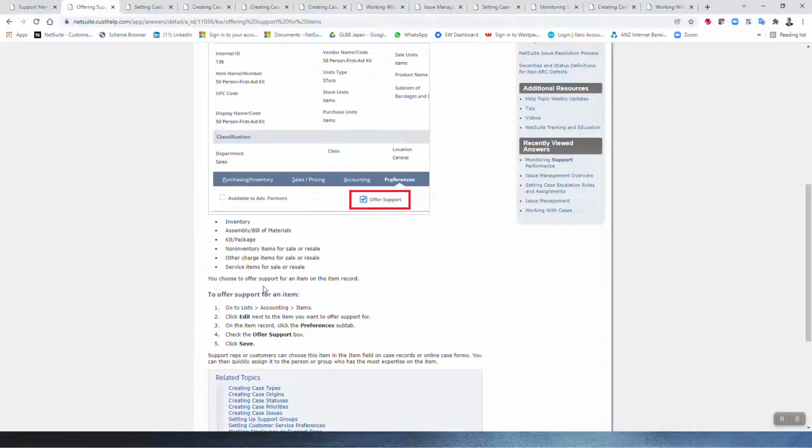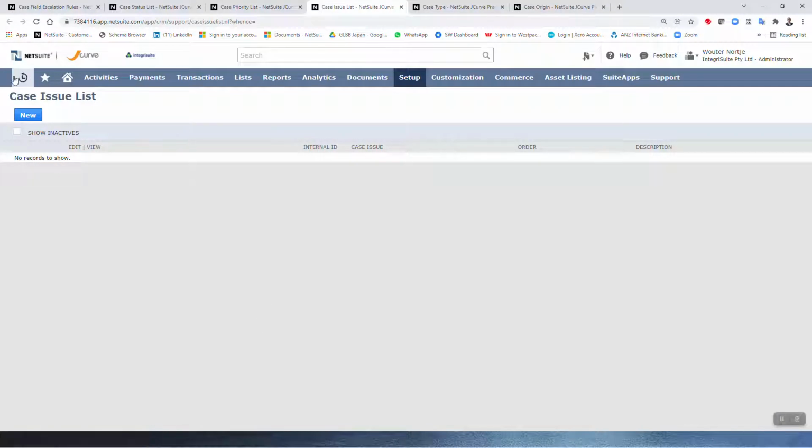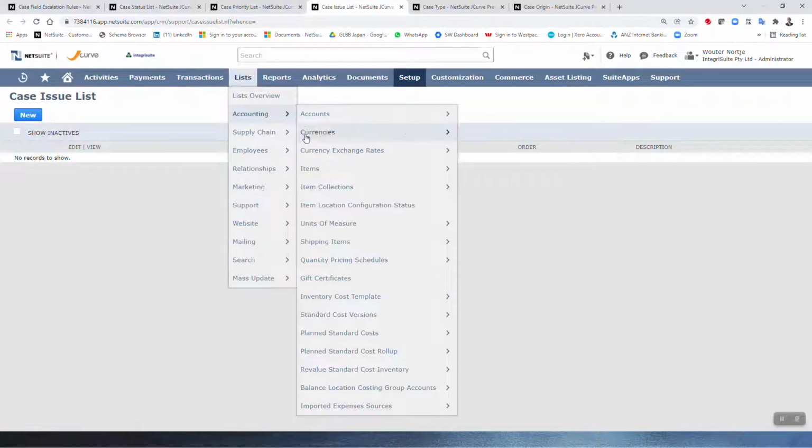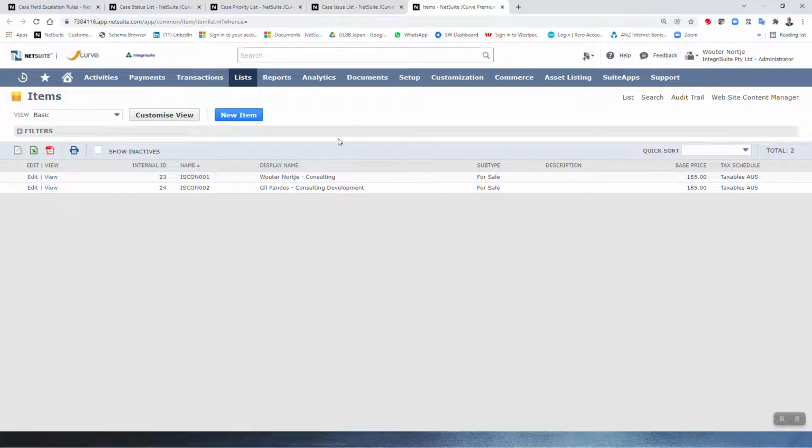You choose to offer support for an item on the item record. Go to list, accounting, items, click edit, look at the preferences tab, offer support. So let's quickly go to NetSuite, and no items there, so let's go items. I'll close some of those. Right, so